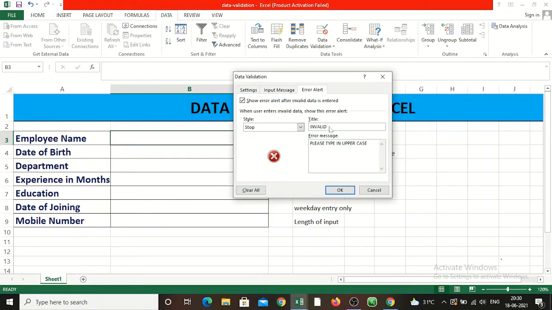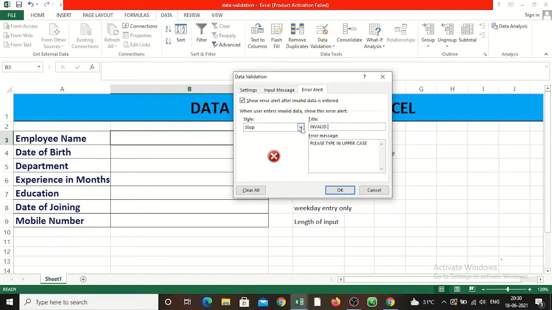The title I am going to get it as invalid, so I am typing invalid. Then the error message, what the user should see. Here if someone types in lowercase, then the error message will be please type in uppercase.